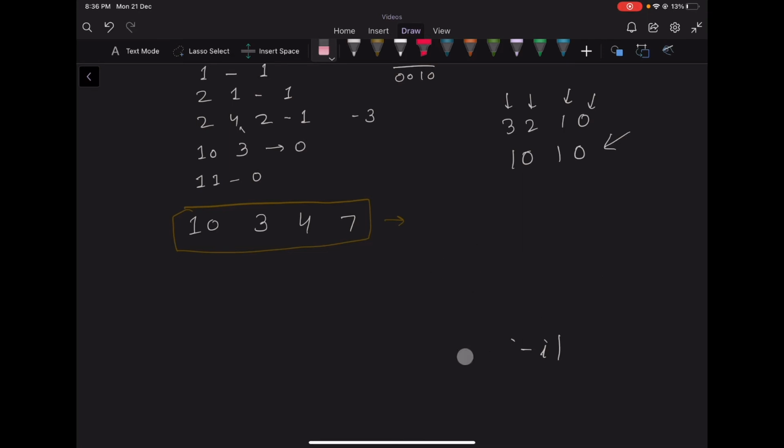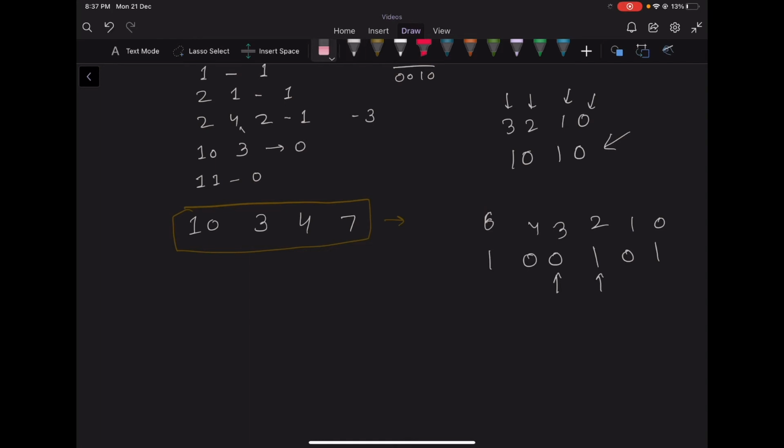So let's actually take one more case. For example, if our number is 100101, this is the 0th bit, first bit, second bit, third bit, fourth bit, and fifth bit. Let's assume that we are moving all the numbers to the third bit, that is, we are setting the third bit on in every number. So we'll iterate over this number. The 0th bit is on. How many operations will it require to move this 0th bit to the third bit? It will require 3 operations. Then this bit is again on, so we'll require 1 operation to move the second bit to the third position.